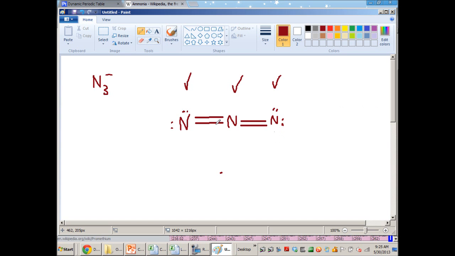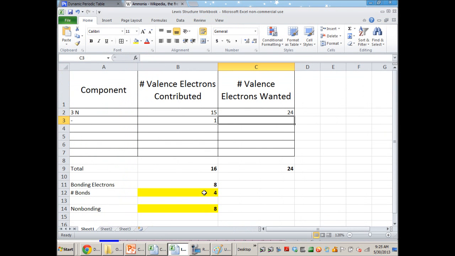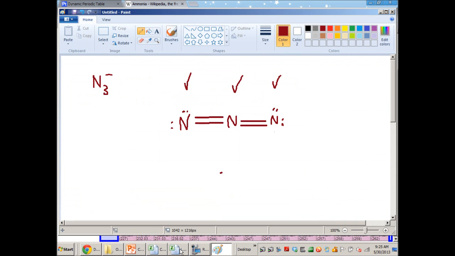Let's count. We have 1, 2, 3, 4 bonds, and we have 2, 4, 6, 8 non-bonding electrons. 8 non-bonding electrons, 4 bonds. So that looks good to me. I'm not sure if it's required for this course, but if you need to write this for a future course, make sure, number one, that your electrons that aren't bonding are paired up. That's good form. Also, you should